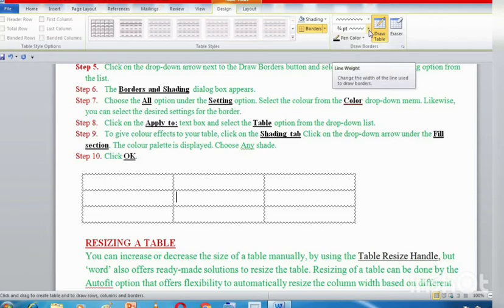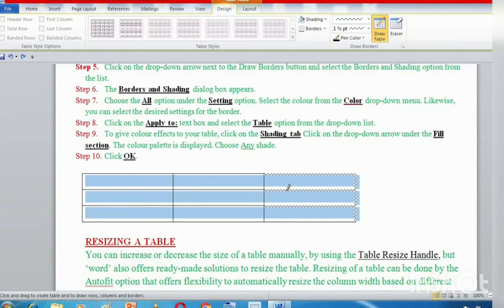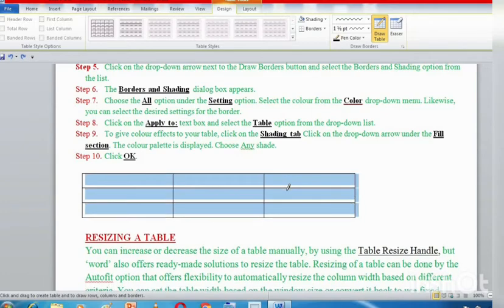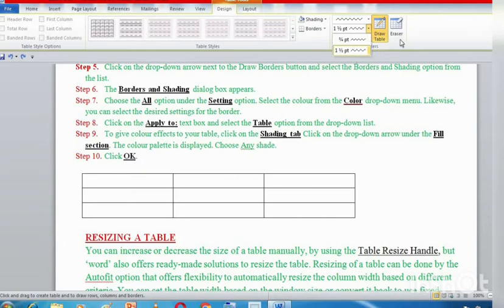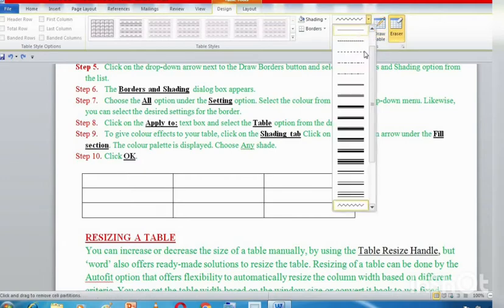What does the line weight option do? It changes the width of the line or the thickness of the line. So right now it is 3/4 point. If I make it 1/2 point, so again, I'll just change the line style. Suppose I take this line, the normal one only.